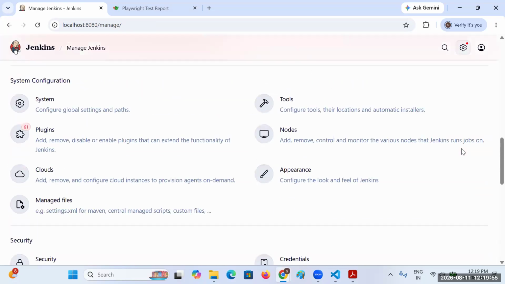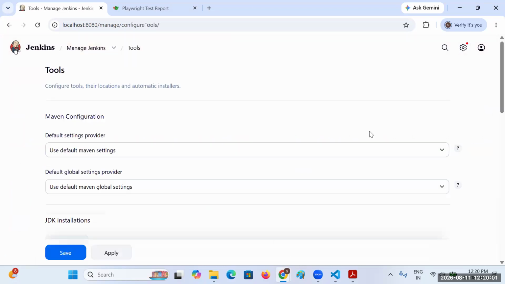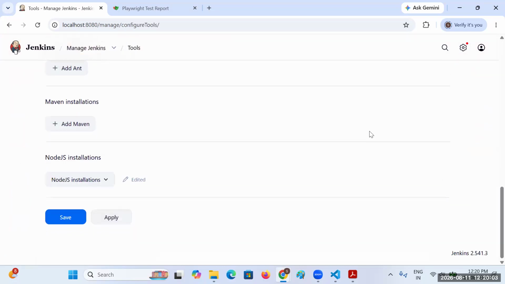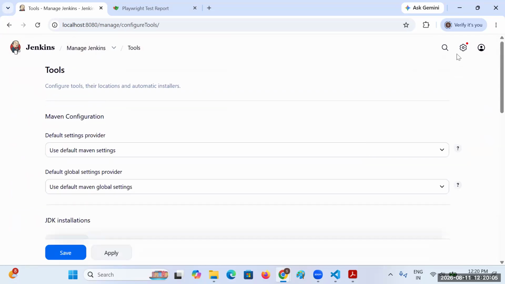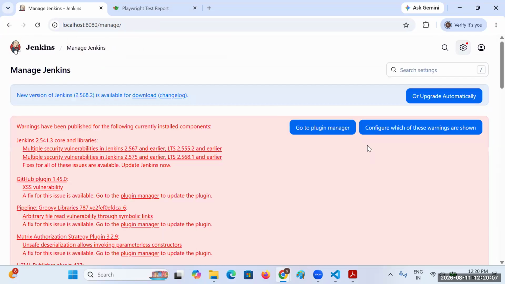If you go with these particular tools, JDK, Maven, okay, tools.